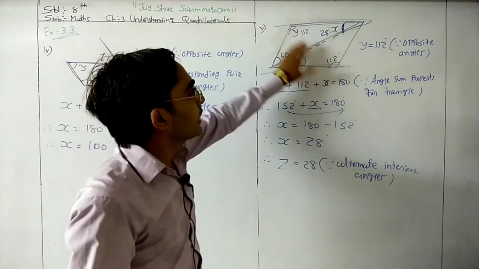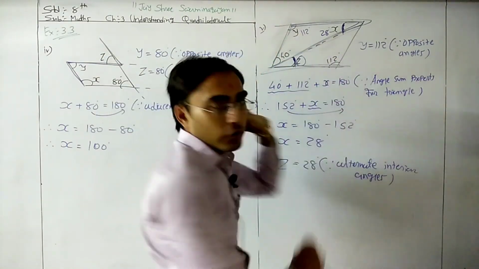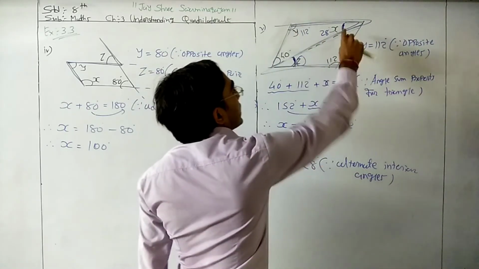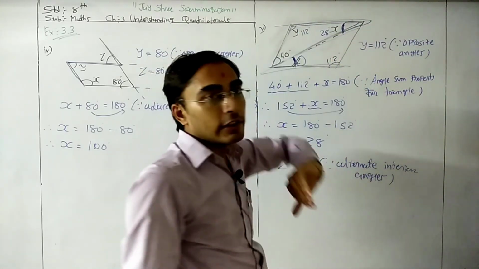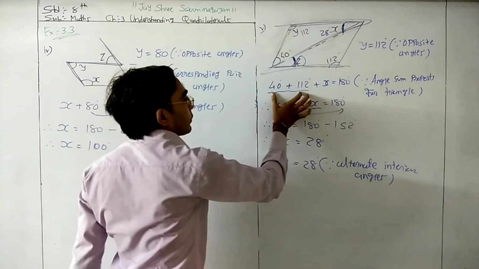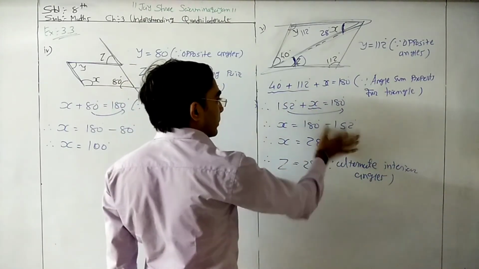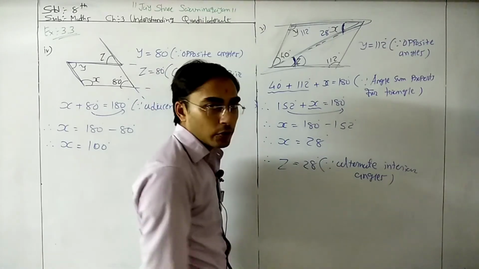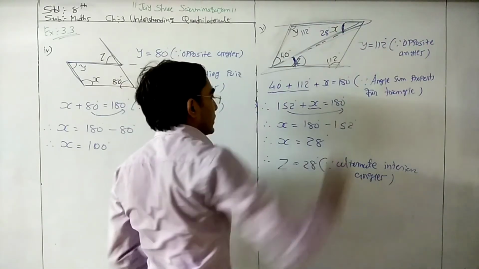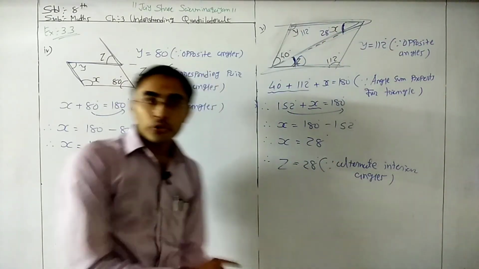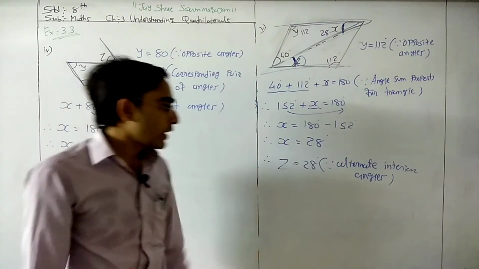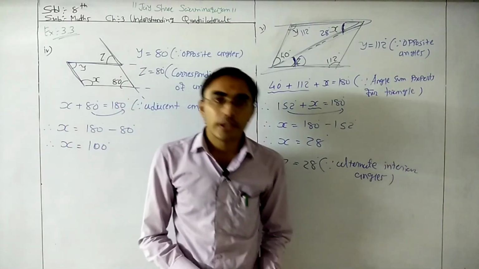thing. First of all, directly we can find the value of y because these two are the opposite angles. This is 112, so this is even 112. Now if we use this triangle, so by using the angle sum property we can find the value of x. Okay, 40 plus 112 plus x is equals to 180 degree. 40 plus 112, 152. Transfer to the right hand side, it becomes negative. 180 degree minus 152 degree, it is 28 degree. Okay, so this is 28. Now by using the z, if this x is equals to 28, so your z, it is also equals to 28. So x is equals to 28, y is equals to 112, and z is equals to 28 degree.